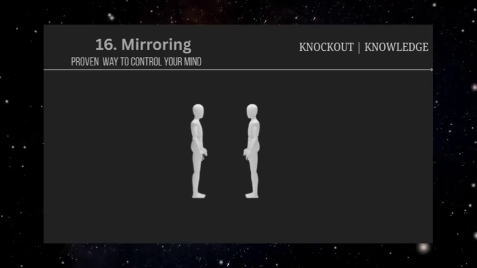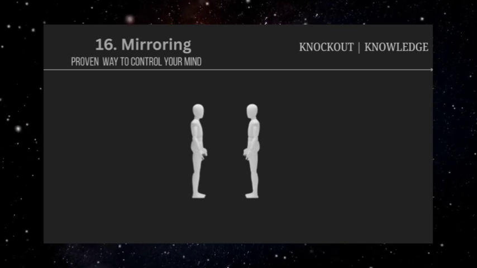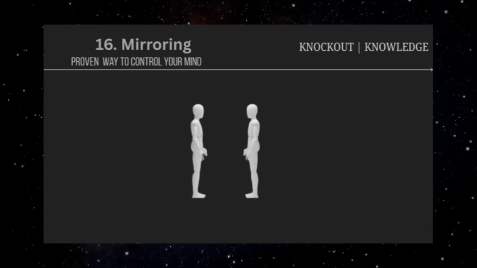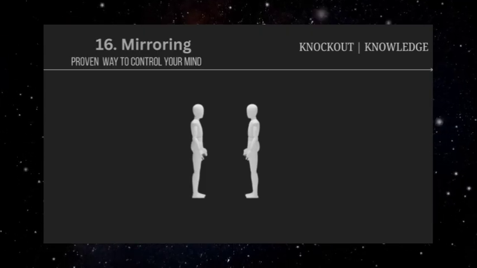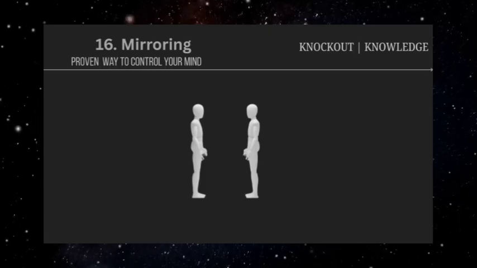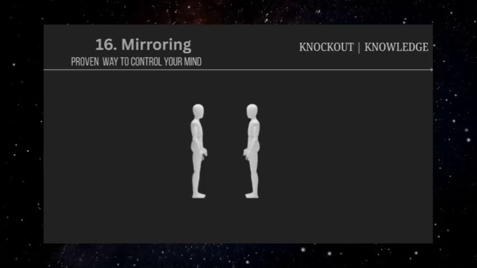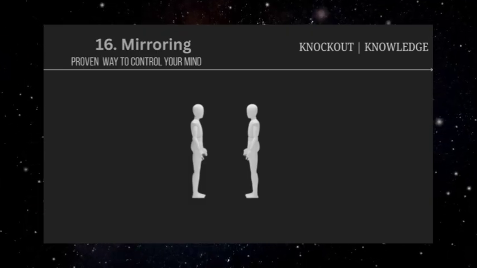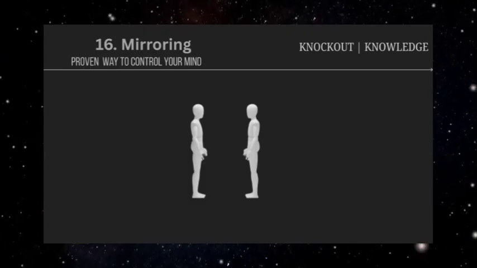Digital communication has created new forms of mirroring, where someone might adopt your texting style, use similar emojis, or mirror your posting patterns on social media. They might like the same content you engage with, share similar opinions, or even adjust their online personality to match yours. This creates artificial common ground that can be used to build trust for later manipulation.